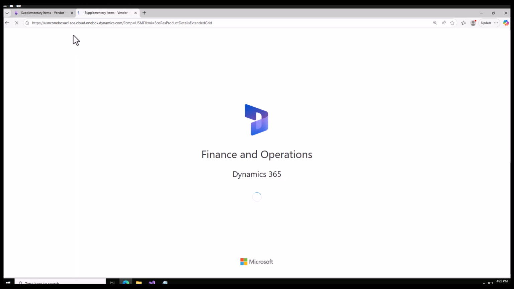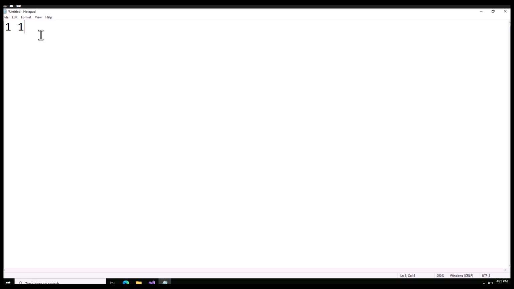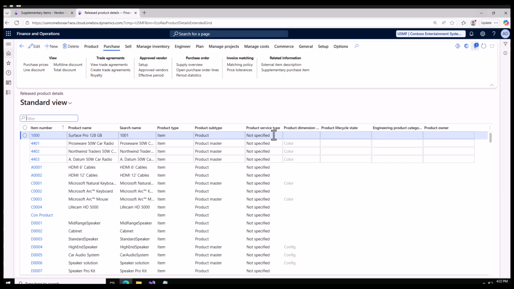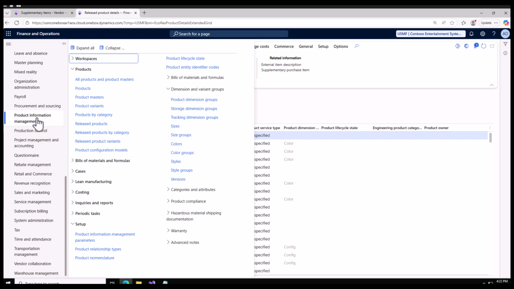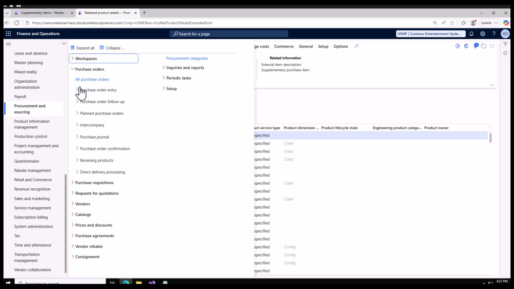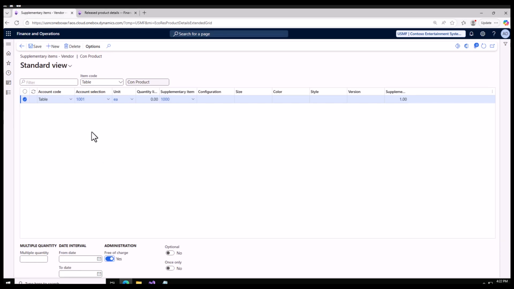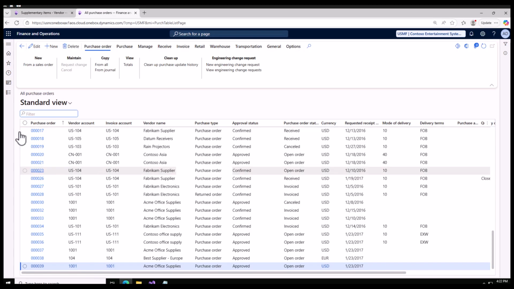Now what I will do, I will duplicate this. The scenario that I'm showing here is not this one. For example, let's say the customer buys even one particular product or even 20, 100, I will receive one product as free. Let me show you from the system, then you will understand. Let me go to procurement and sourcing, all purchase orders, and here you can specify from date and to date. Let's say this offer is only valid for a particular day, month, week. We can specify these. Now I will create a new purchase order,